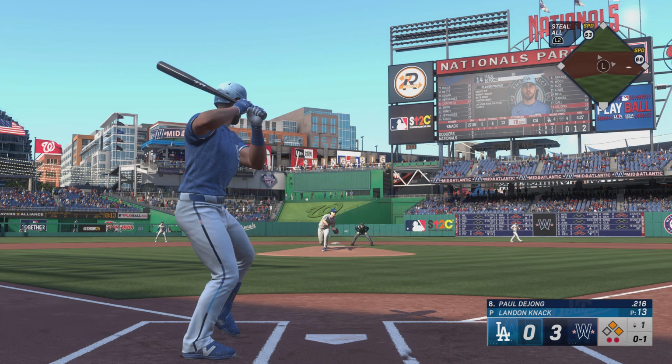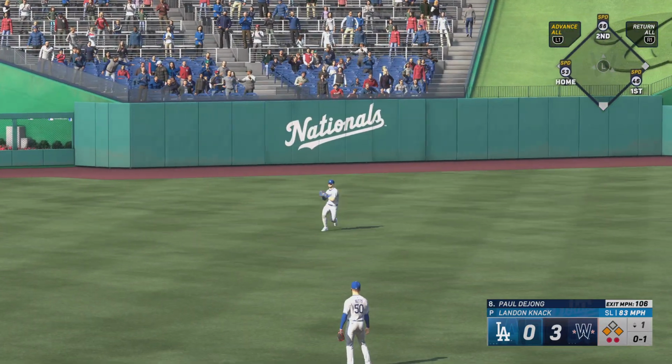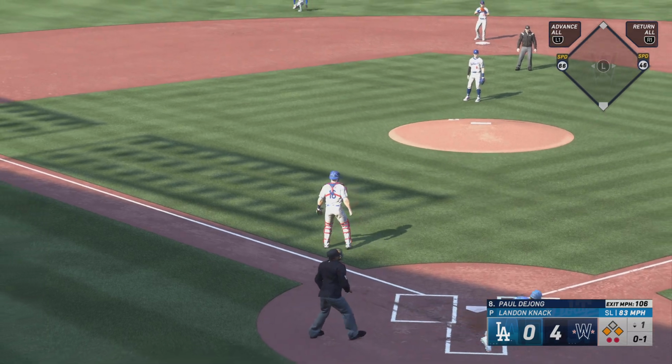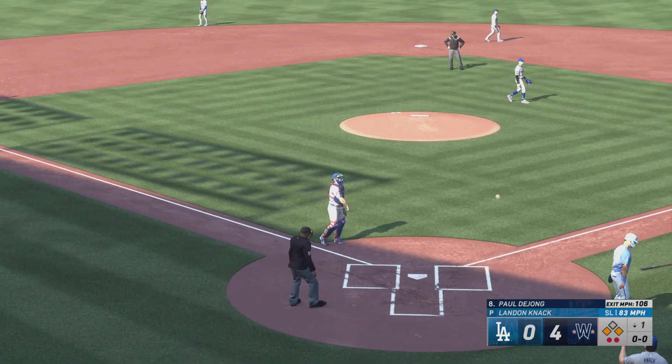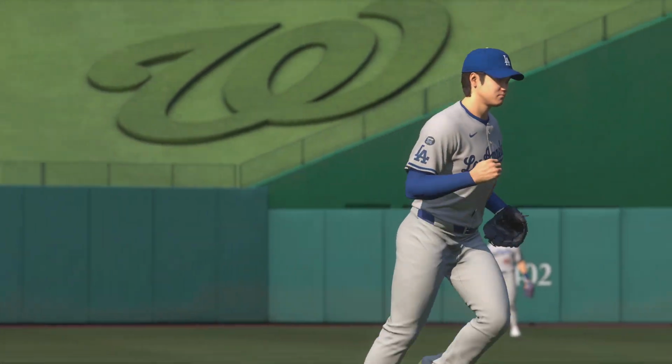2 on, 2 outs. Hard grounder into the outfield for a knock. Coming home. Here's the throw to the plate. It's off the mark and he scores. And it's 4-0. He was all over that one. I know that was a ground ball, but it was absolutely...